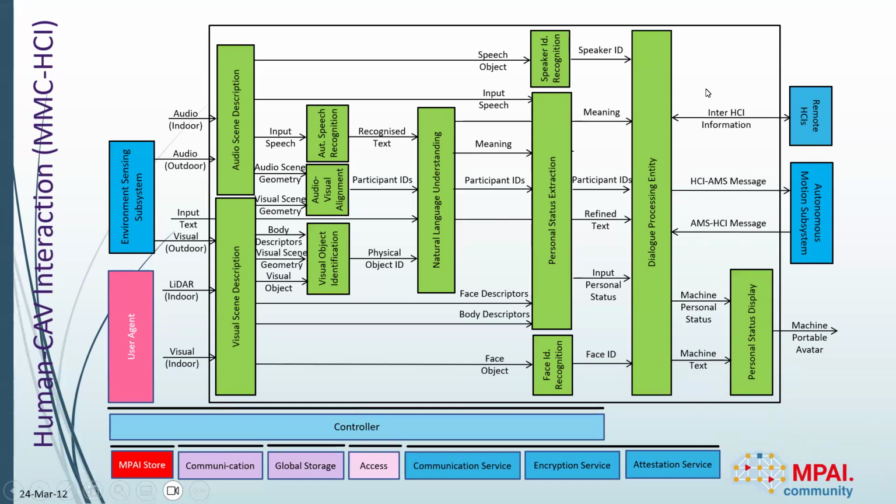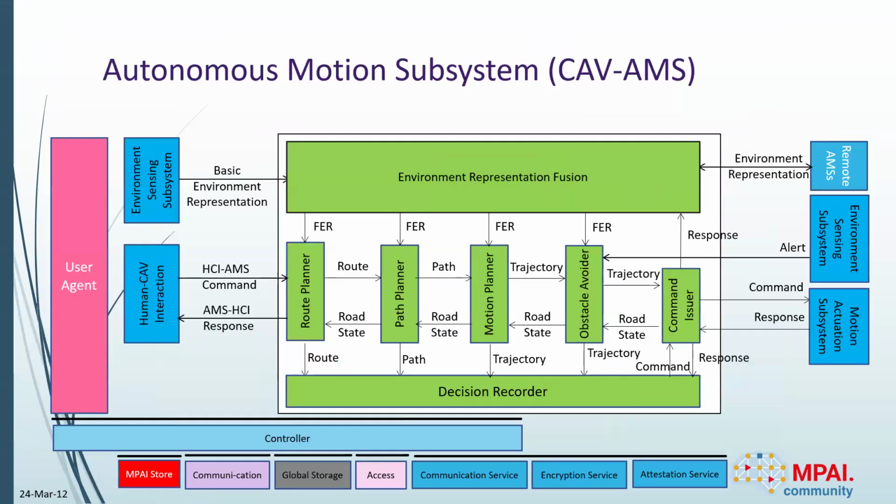Here we have other elements. One is this autonomous motion subsystem, and this is needed because this human-car interaction workflow understands, but then it needs to inform another subsystem about how it can properly implement the request made by the user. Autonomous motion subsystem, this is another example where we need the information, because we have this data type